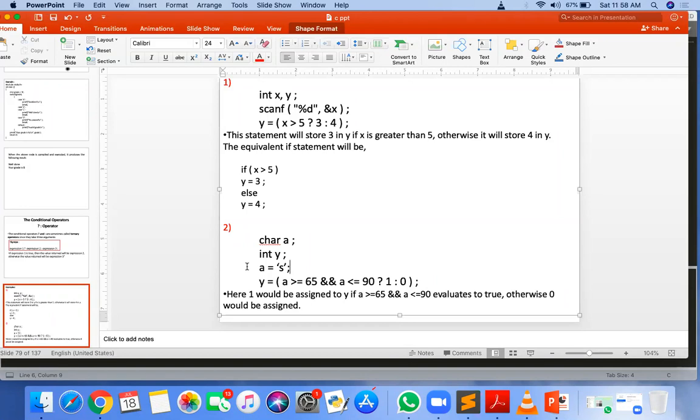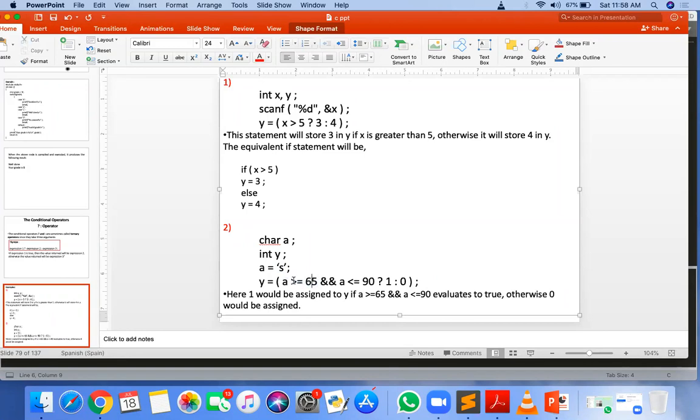Yes, its ASCII value is compared here. The ASCII value of small s is, I think, greater than 97, because small a is 97. So it is always greater than 97. No need to calculate. First we check greater than 97, greater than 65. The condition is true.